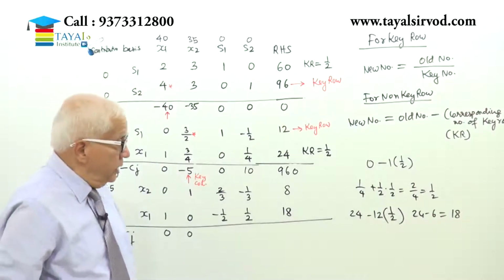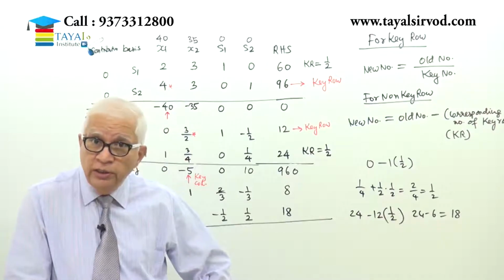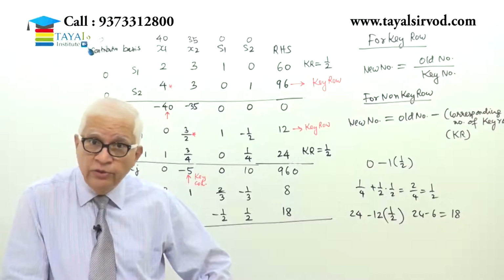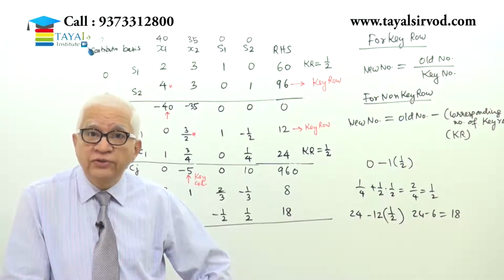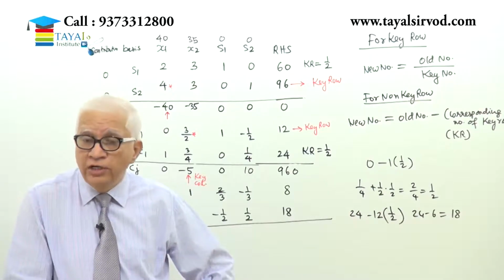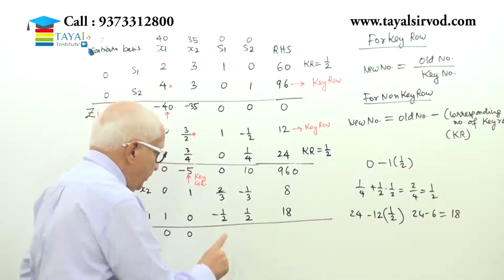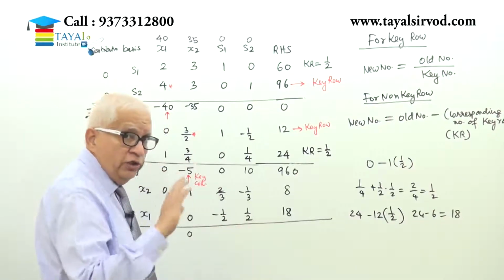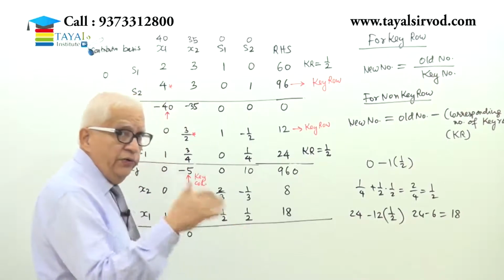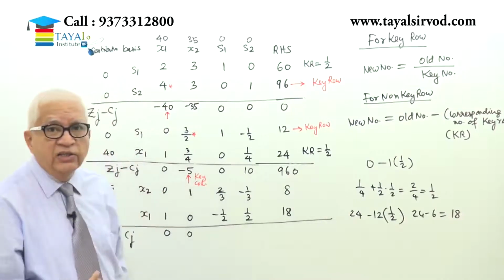Good. So all the numbers in the key row and the non-key row are already calculated. Now is the time to calculate the numbers in the index row. Most important row, because this row is going to tell us if the solution to the problem that we have now obtained is optimal or not. So these two numbers will decide if the solution is optimal. If none of them is negative, we can say that the solution is optimal. So if it is optimal, this will give me the value of optimal zeta. And if it is not optimal, if there is a negative number here or here, I will have to go from here to the next table.